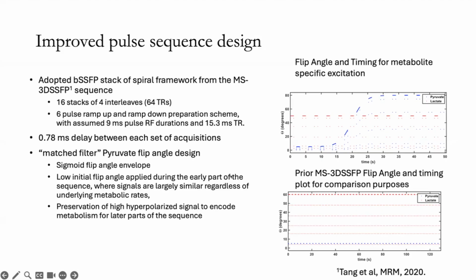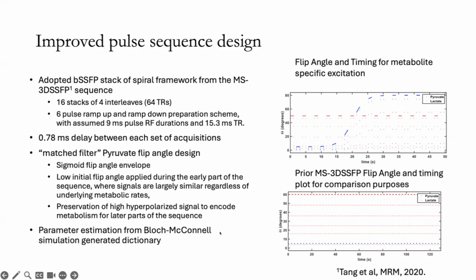The idea of this is to preserve our pyruvate signal beyond the initial bolus, beyond the arterial input component of our underlying physiology, allow it time to get transferred into lactate, and then do more of our pyruvate sampling afterwards